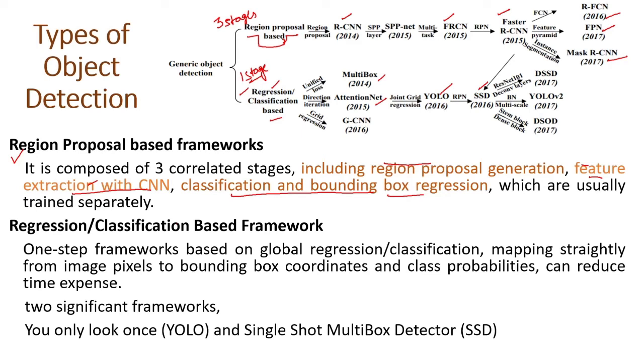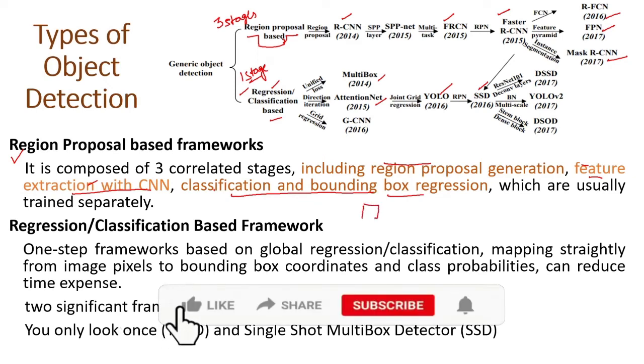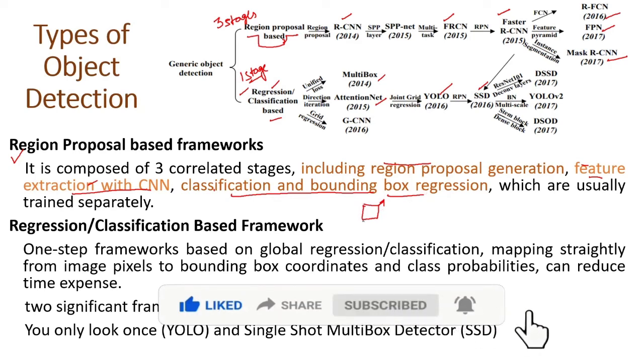And third is classification and bounding box regression. So the bounding box I have already shown you in the first video, the object detection video, in which we have a green color box. We say that is a bounding box. I will be showing you more in further videos. So regression, because it will calculate the exact position of the bounding box, and classification, it will classify which type